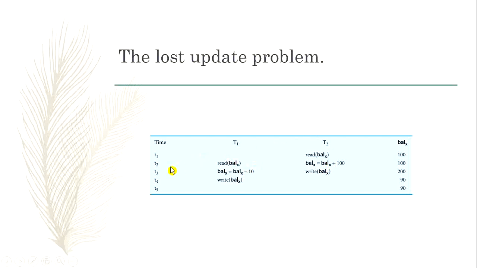And in the next time slot, the first user T1 withdraws 10 euros from the original balance. So when the T2 user stores this information, the balance will be 200 because he has added 100 to the original amount. But when this user stores this information after withdrawing 10 euros, it becomes 90 and it will override this previous information. So this is the problem here, because the original amount should be 190. But because both users were updating the data at the same time, we get some wrong information.